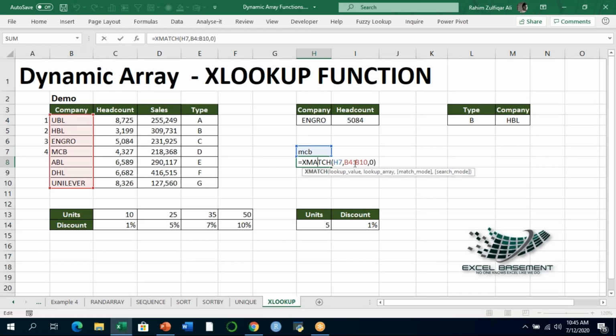Okay, but there are many usages of XMATCH as well. And concluding my today's session,